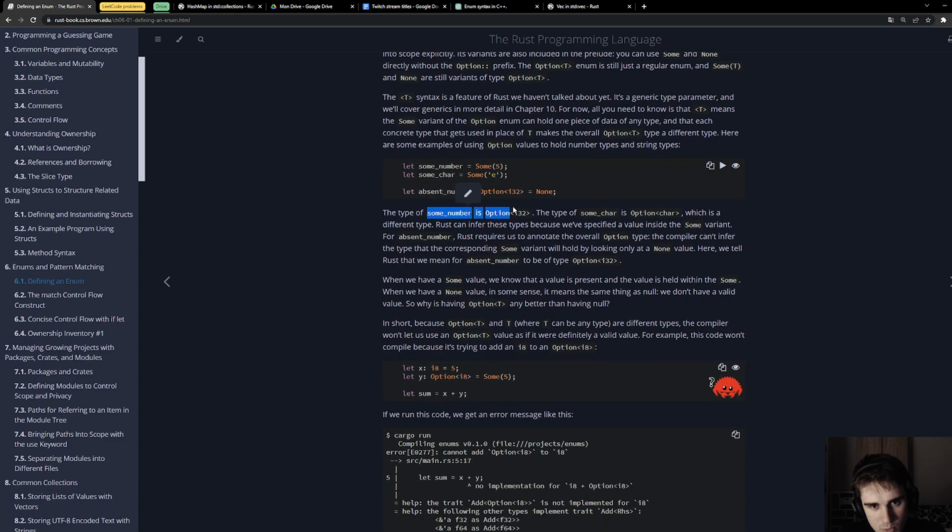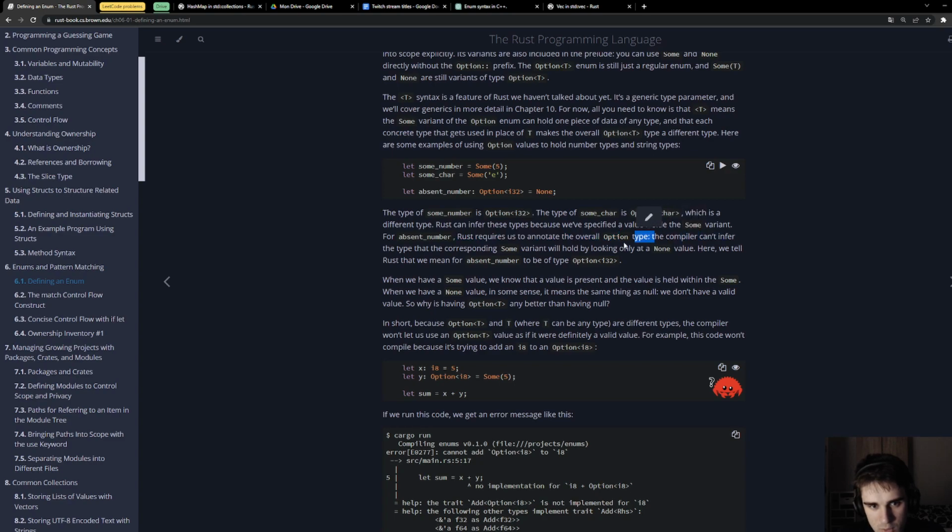The type of some_number is Option<i32>. The type of some_char is Option<char>, which is a different type. Rust can infer these types because we have specified a value inside the Some variant. For absent_number, Rust requires us to annotate the overall Option type.